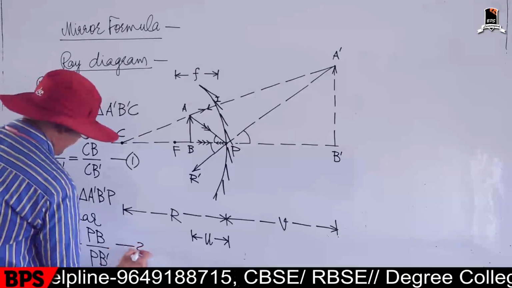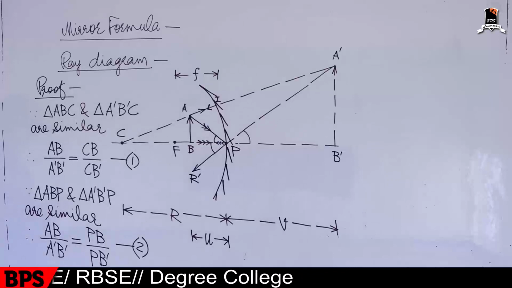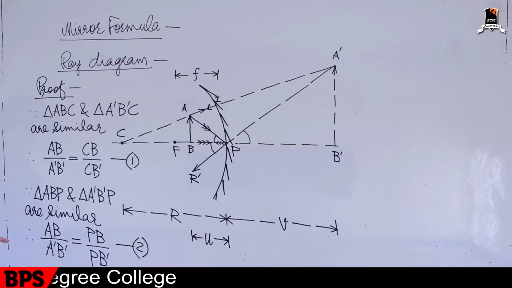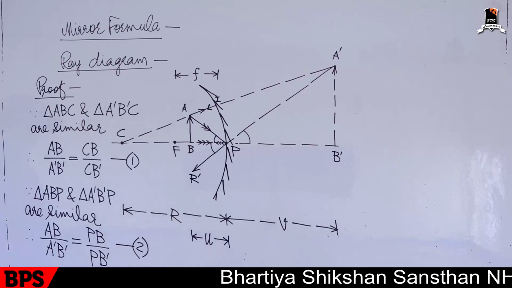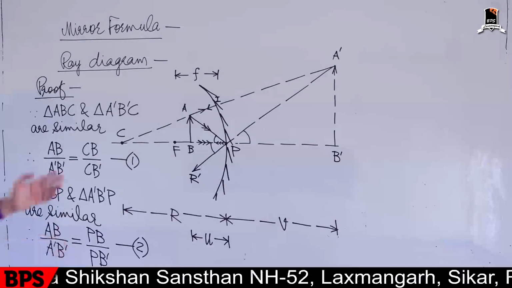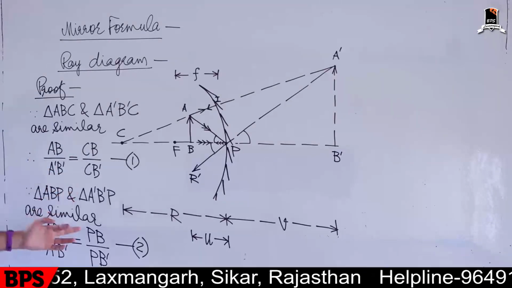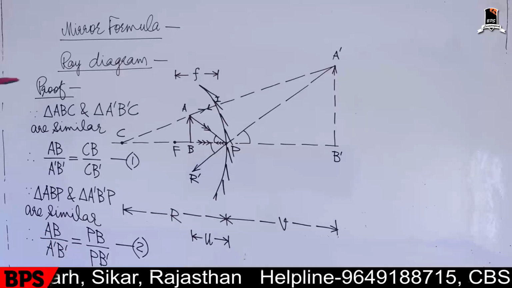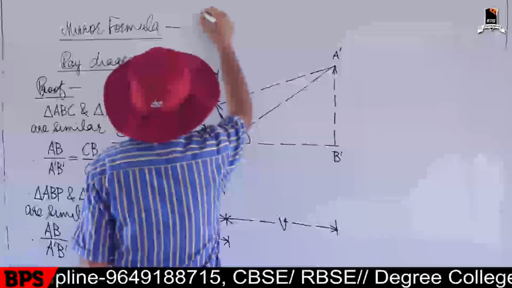This is the second equation raised from the theorem of similar triangles. On looking at these two equations, we see that the left hand sides are exactly equal, therefore the right hand sides must be equal. Therefore we can write CB divided by CB dash equal to PB divided by PB dash. So from equations 1 and 2,